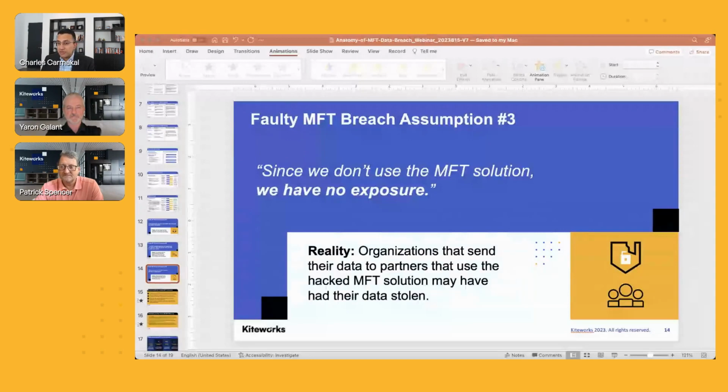And this gets really messy because of the large volume of customers that were actually impacted. You've got a downstream impact where an organization sends data to another organization using a totally different protocol or mechanism, and that other company could ultimately host that data on an MFT solution, or maybe they send it to another party through an MFT solution. So you may not even realize that your data is sitting on an MFT solution until you download the stolen data that the threat actors posted on the internet, and you find your own data there.